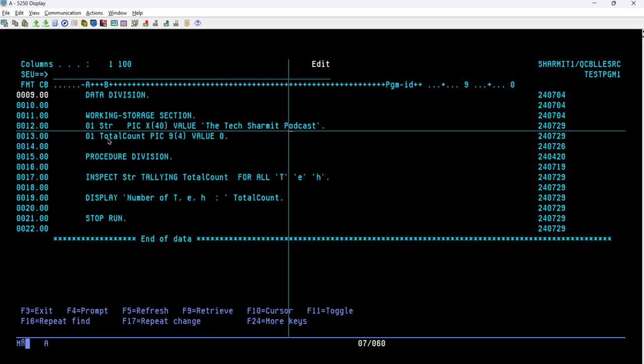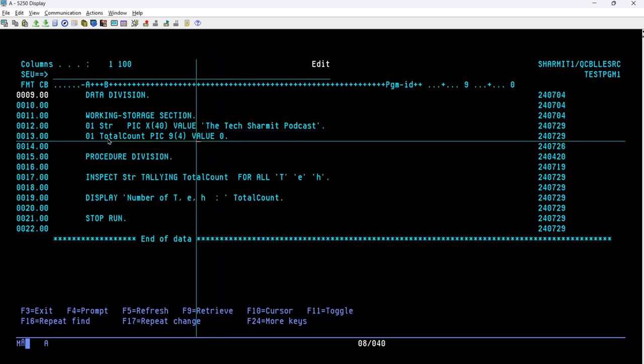Now, assume we want to fetch the count of the characters capital T, small e, and small h. If you count it manually, one T is there, then another T, so two times we have capital T, right? Similarly, it will count capital T, e, and h, sum it, and store it into some variable. To store that value, we will declare another variable.